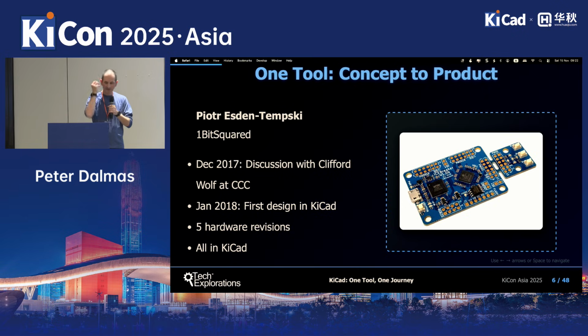One example that I found is pretty prominent is 1-bit squared. So Piotr Esterzempsky, I believe, in Germany, he wanted to create an educational FPGA development board. He partnered with Clifford Wolf at a conference, and they designed the first version of the FPGA educational development board. That eventually became a product, but the interesting thing here is that it was like 5 hardware revisions later,